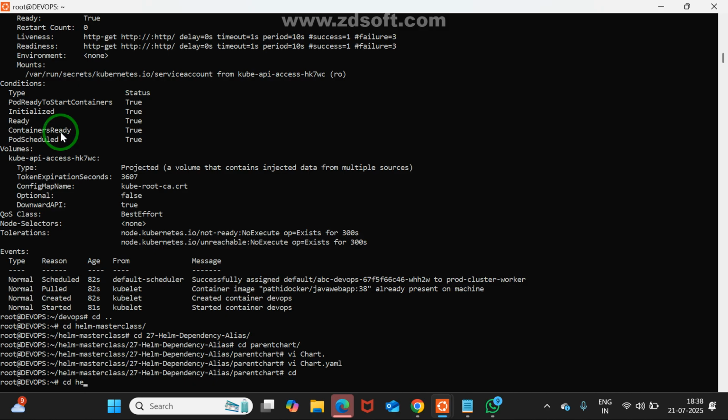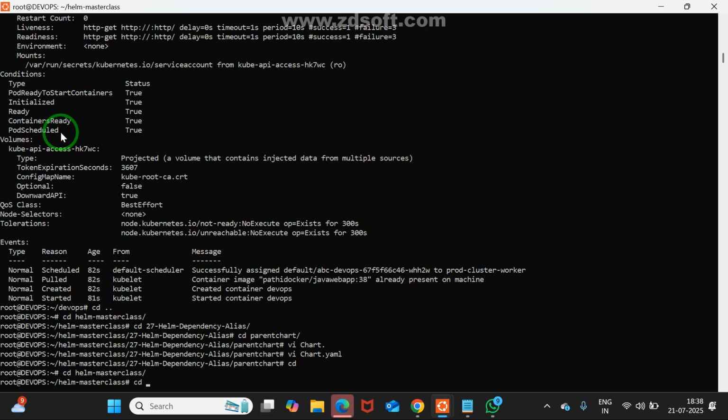cd charts, cd 28. Fine, 28 condition, right? What is the condition I specified? Enable. What is the default enabled property? True. That means one parent is there, 2 children are there. All the 3 charts it can deploy. But my intention is what? I want to deploy the parent as mandatory,